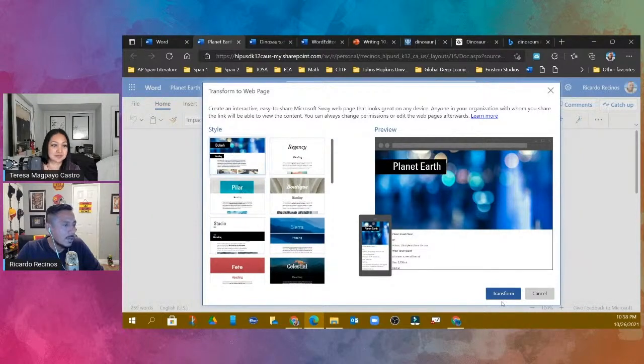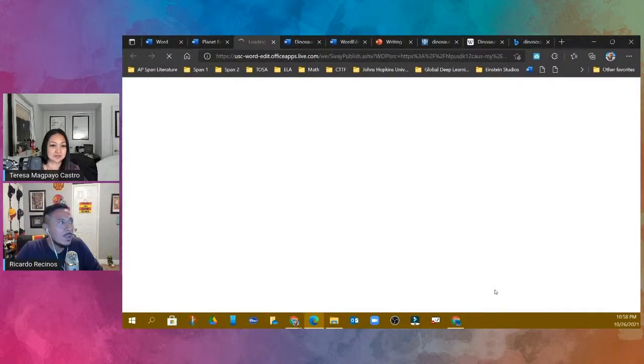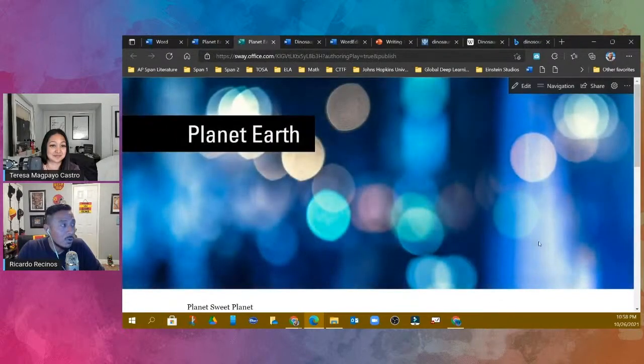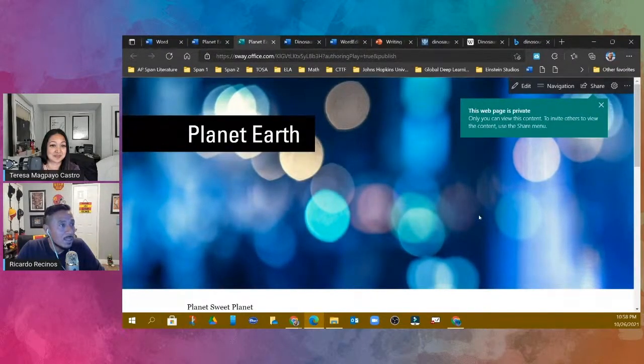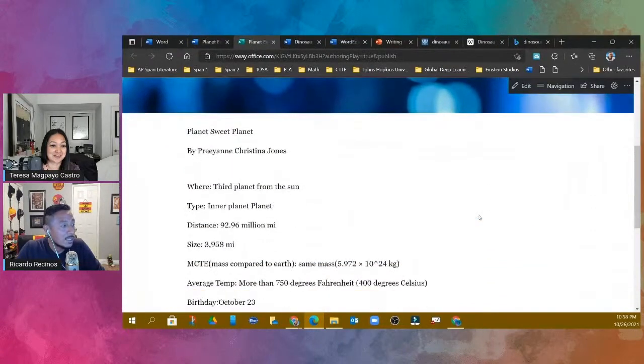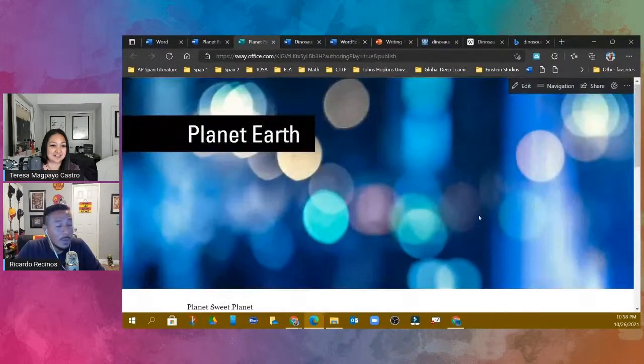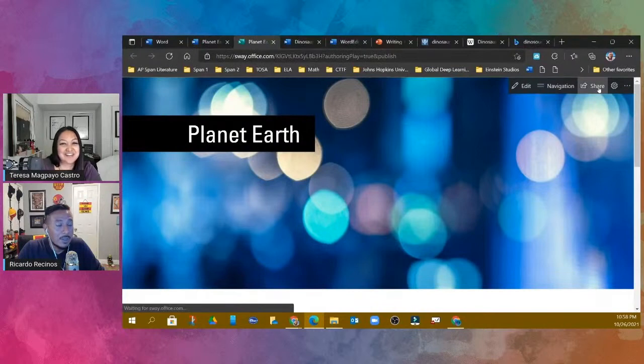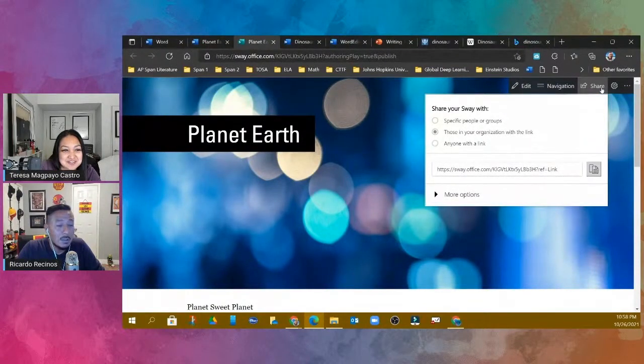Okay, transform, and it's going to take that boring document that we had a second ago, and turn it into a Microsoft Sway that is now online, available to the world, and turn that document into this web page that is completely different from what you had before. Okay, so they can come over here and change the way it looks. They can share it as an assignment with their teachers, or show it to their parents, and so on and so on. So just a great tool that you have.